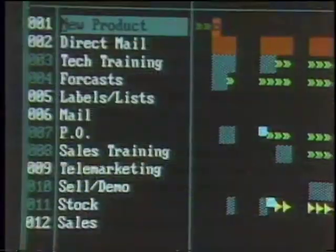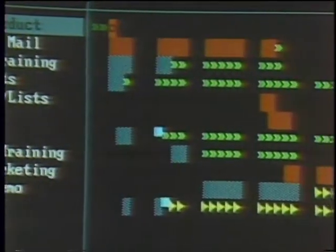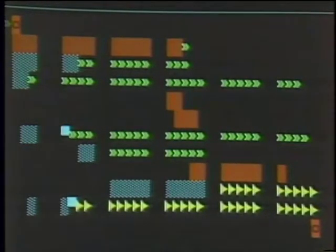Show us some of these other screens that you were talking about. Let's move down to see more of the time scale related information. We use the same color scheme that you'd seen in the previous screen, which is the red for critical, blue for non-critical, and the yellow and the green arrows indicate the levels of float that you can use to shift and manage your project. Let's go from here into seeing a little bit more of the detail that's a part of managing any project. And we feel that it's very important to be able to do constant comparisons between your actual and your planned. This allows you to continue to maintain and reflect what's actually happening and improve your scheduling